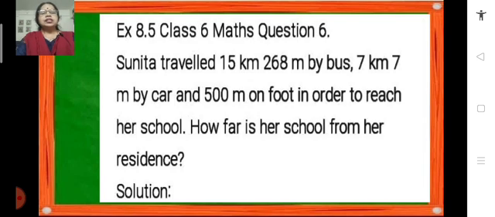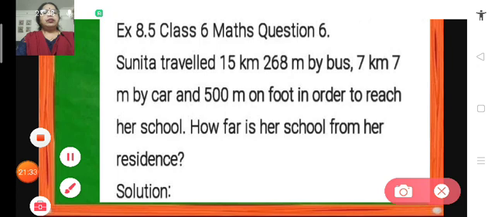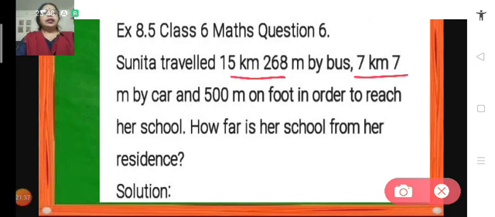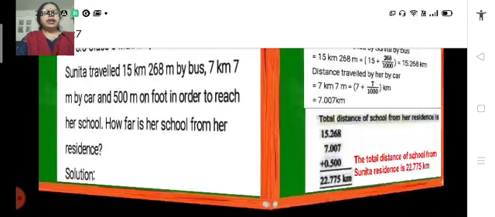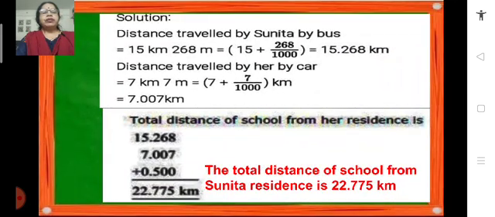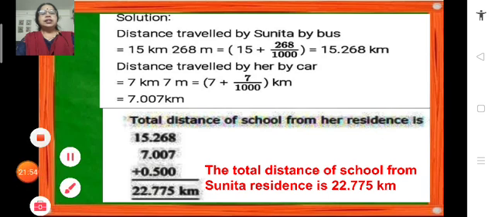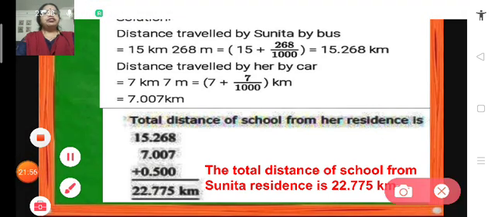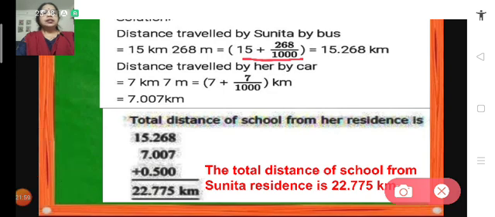So, a certain distance she travelled by bus, then by car and then on foot. So, what is the total distance of the school? In order to find out, we have to add these. But first we have to convert the meters into kilometers. So, the distance travelled by Sunita by bus is 15 kilometers 268 meters. So, 15 plus 268 divided by 1000. So, it becomes